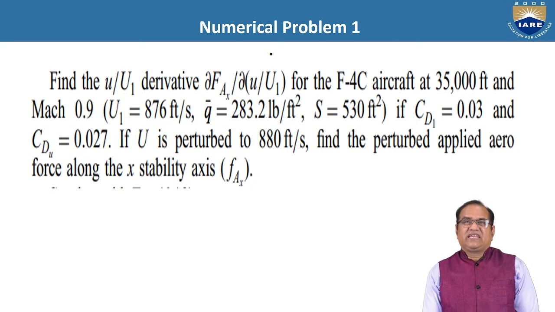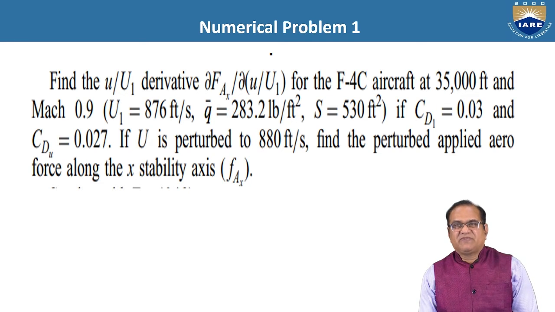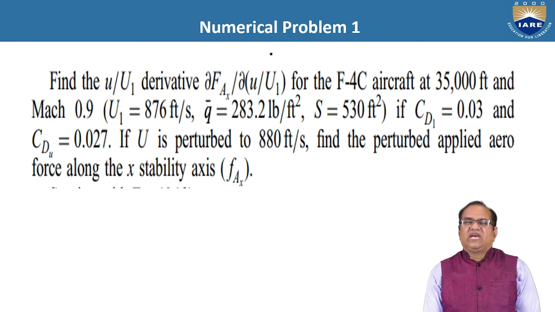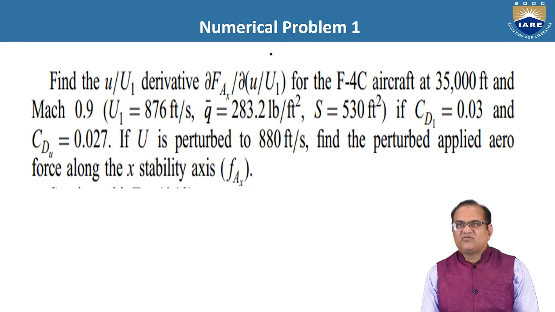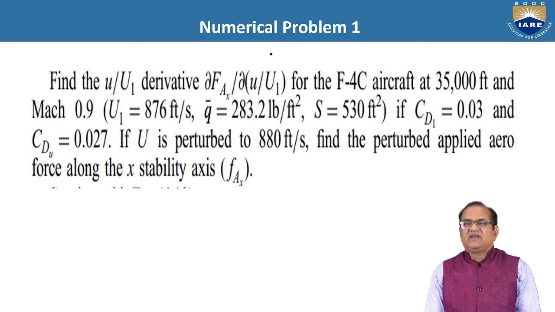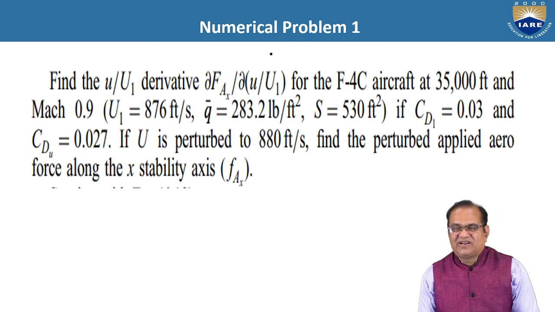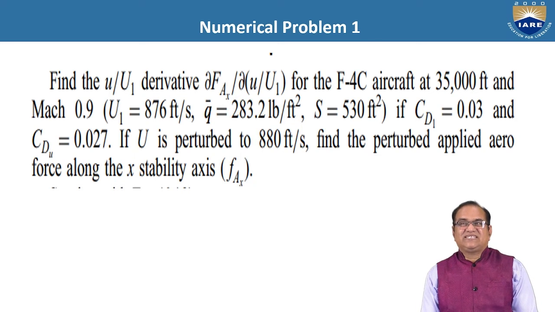The conditions given are that U1 is equal to 876 feet per second. Q bar, the dynamic pressure, is 283.2 pounds per foot square. The area of the wing S is equal to 530 feet square. CD1, the coefficient of drag for steady state condition, is